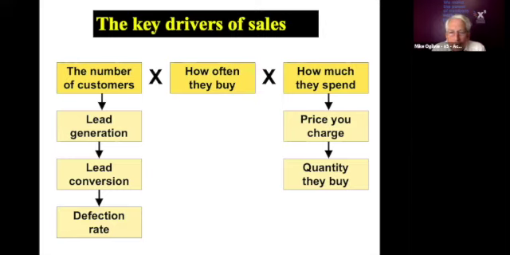So we need to know the number of customers. We need to know how often those customers are buying, and we need to know how much they're spending on their transaction with us. So we need to monitor if that is ever changing, because that's a lead indicator. The amount they're spending with us by transaction might be an indication that they don't think we're offering the value that we think we're offering.